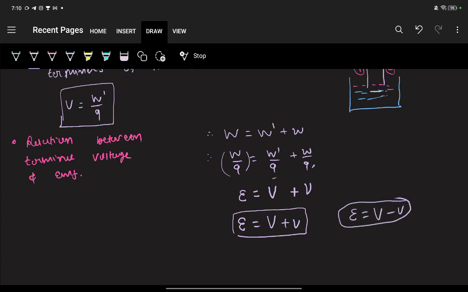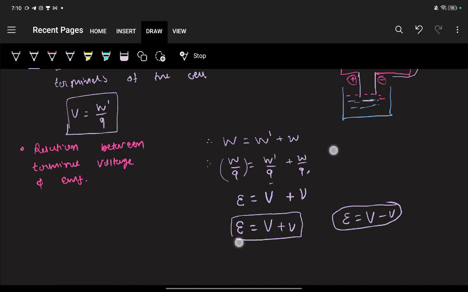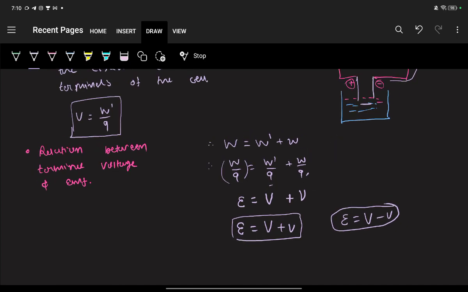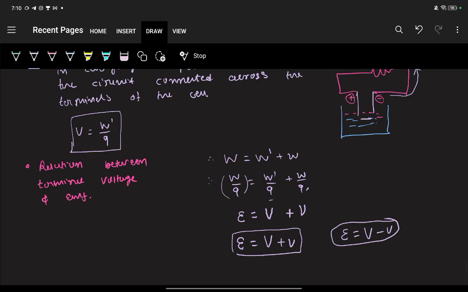So thus when current is drawn from a cell, its terminal voltage is less than its EMF, okay? Why? Because there is some voltage drop inside this cell, yes or no? That is our small v, okay? So we need to either add or subtract it from this terminal voltage. Then we can get this EMF. So this is the relationship between